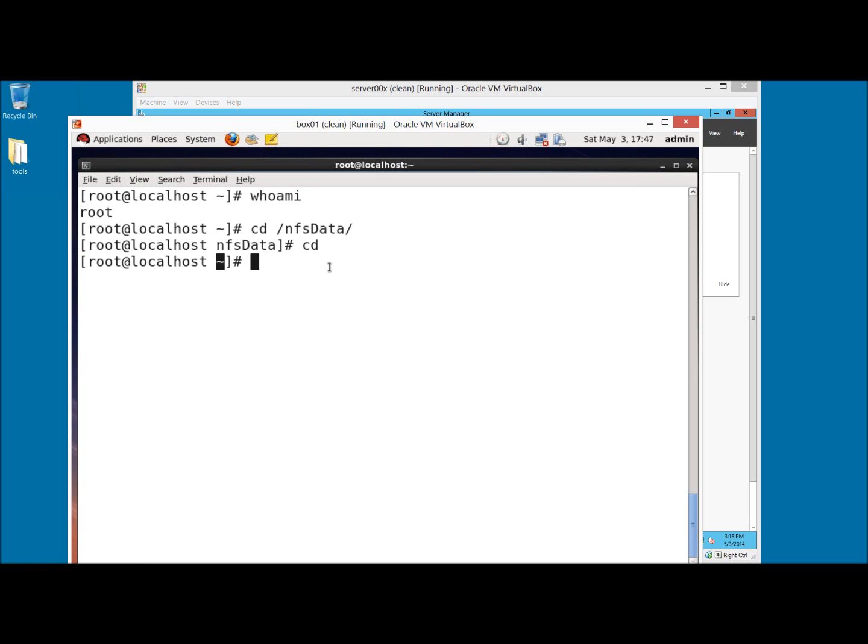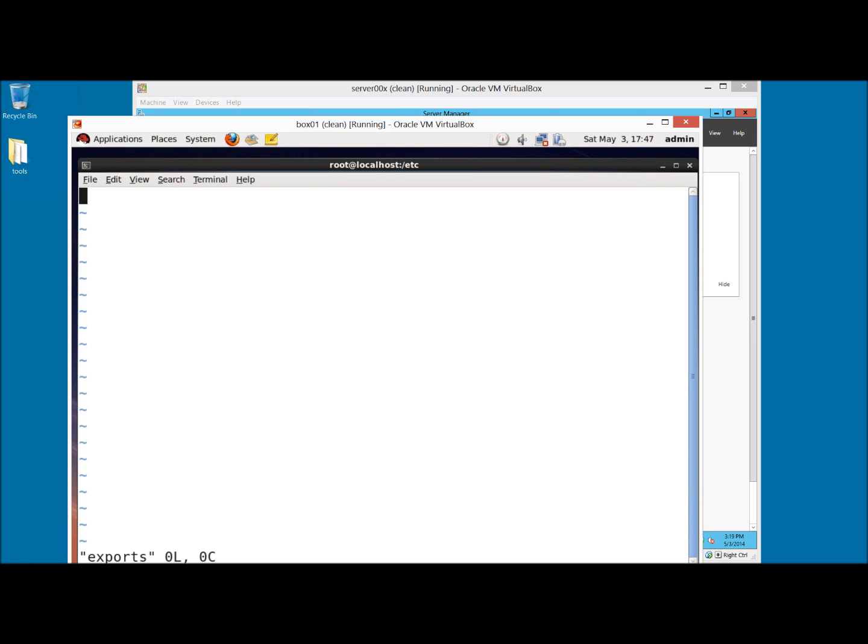Okay. Typing cd and pressing enter always takes me to my home directory. What I want to do is go to the etc directory. I want to use vi, which is an editor in Linux and Unix, and create a file called exports. In this exports file, I want to put in the NFS data directory off of the root,